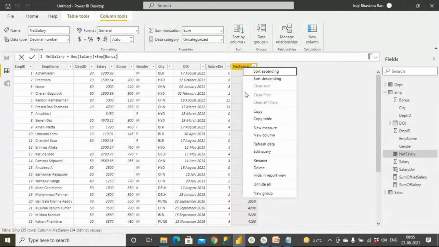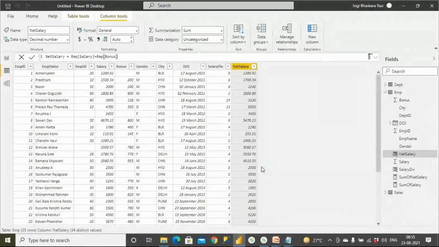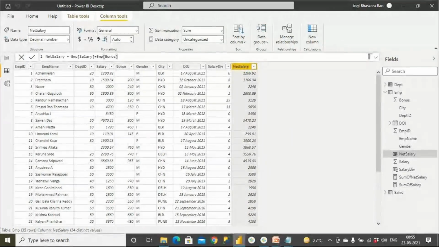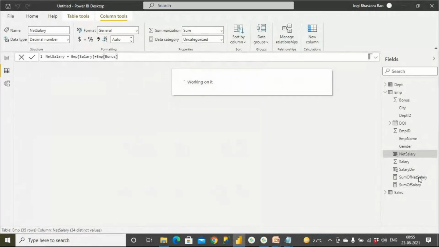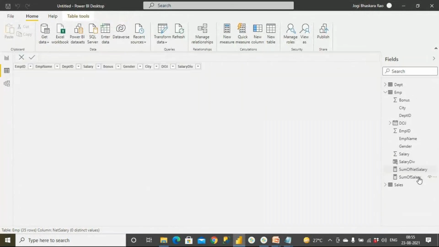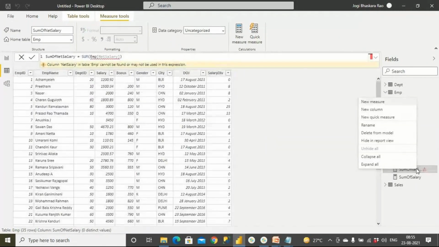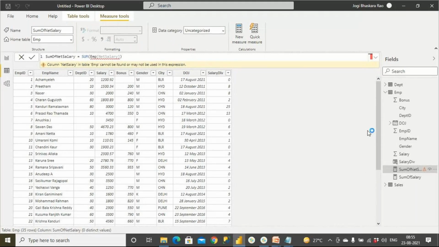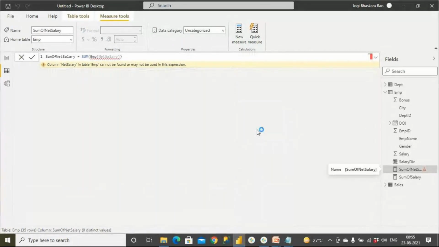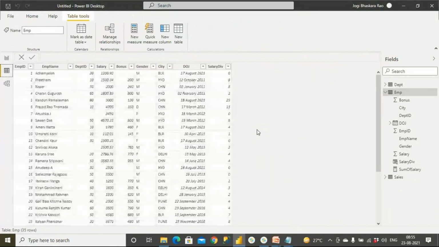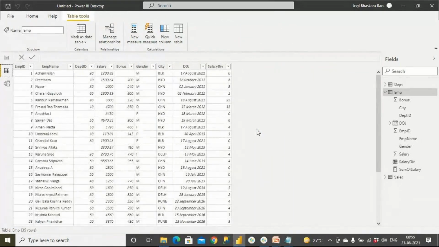So you delete it here, because your manager is not allowing you to create this column. Okay, you have deleted. That's fine. But after deleting it, sum of net salary is not going to work, because we have deleted net salary. Let me delete this also. How can we achieve this without creating a new column? I wanted to get sum of salary. I can get it very easily, but sum of net salary I cannot get, because if you go to a measure, if you go to any measure,